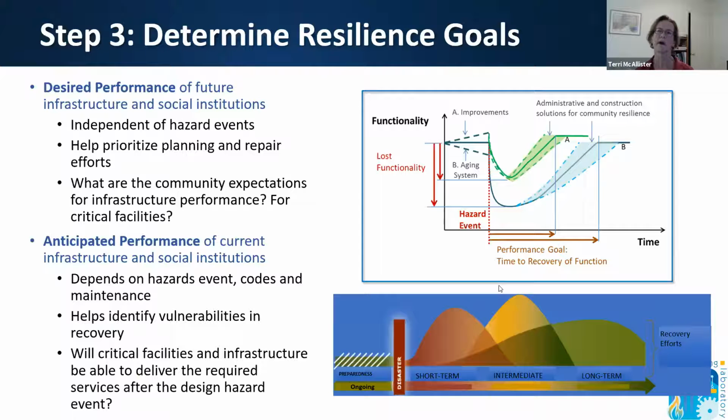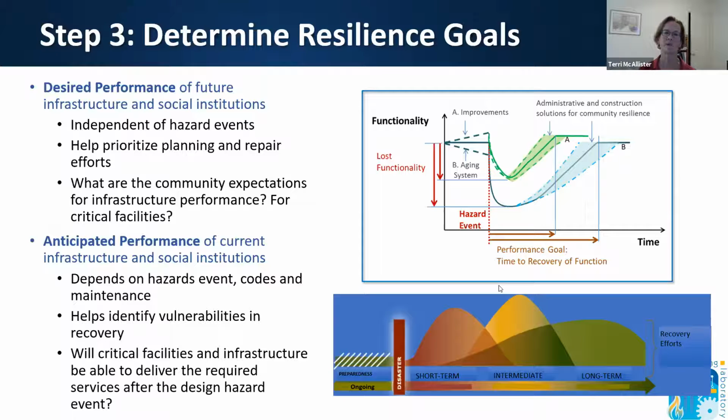So in understanding what you have in your community, the next step then is to determine what kind of performance the community wants from its infrastructure and social institutions. And we do this in two steps. We have the wish list, your desired performance, as well as your anticipated performance, your expectations for what you have in your community today.